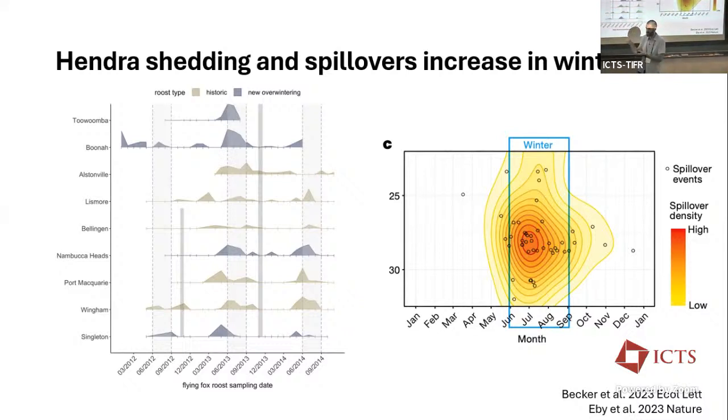They'll suck up a bit of the liquid and set up a bunch of aliquots and test those. So what they're showing here is the proportion of positive aliquots in those that are tested. And across the board, this dashed line is the winter period. Most of the spillover, most of the shedding, is really concentrated during winter. And this is the austral winter, so it's June through August.